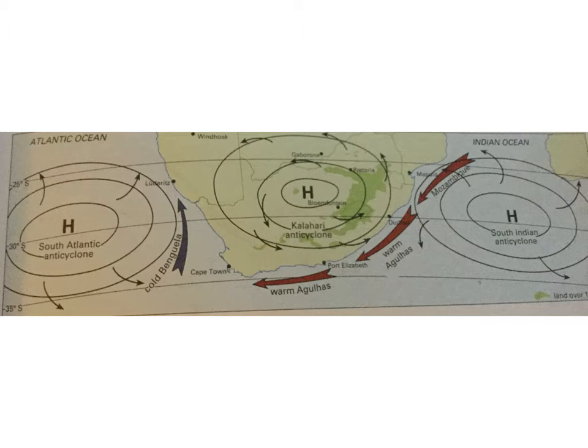On page 97, it starts with the high pressures and low pressures and how they affect South African weather. And I think this is quite important. So I've taken a picture from your textbook of page 97, and there are just a couple of things that I'd like to talk to you about. First of all,